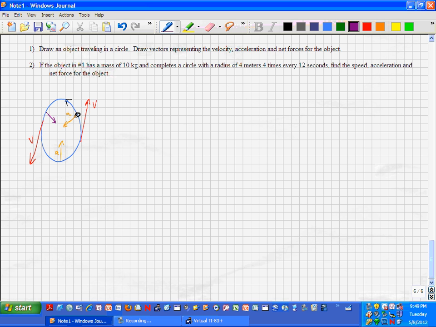of the circle. That net force is also referred to as the sum of the forces, and in this case, since it's traveling around in a circle, so sum of the forces is the same as net force, net meaning we add it all up, and in this case, since this is circular motion, this would also be our centripetal force headed towards the center of the